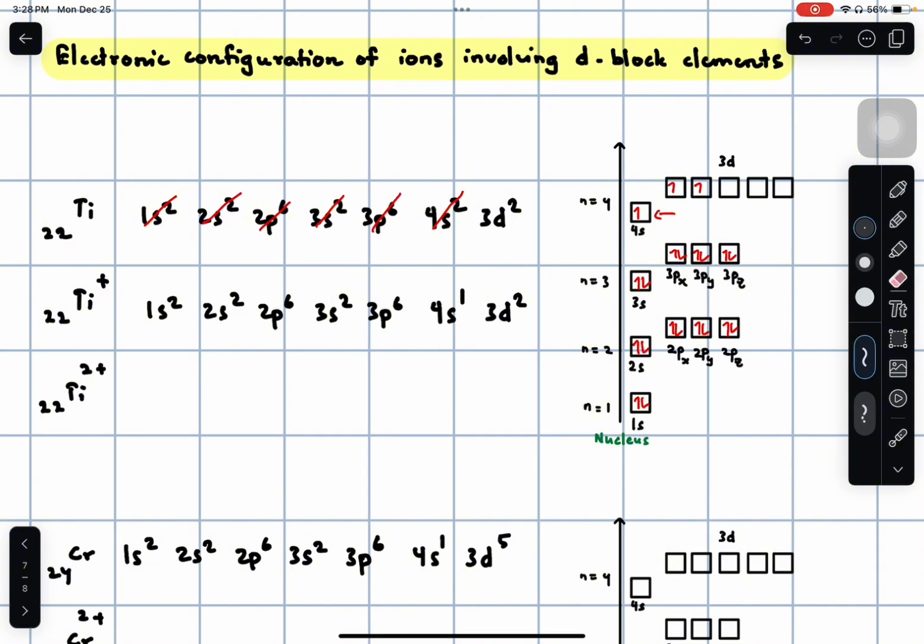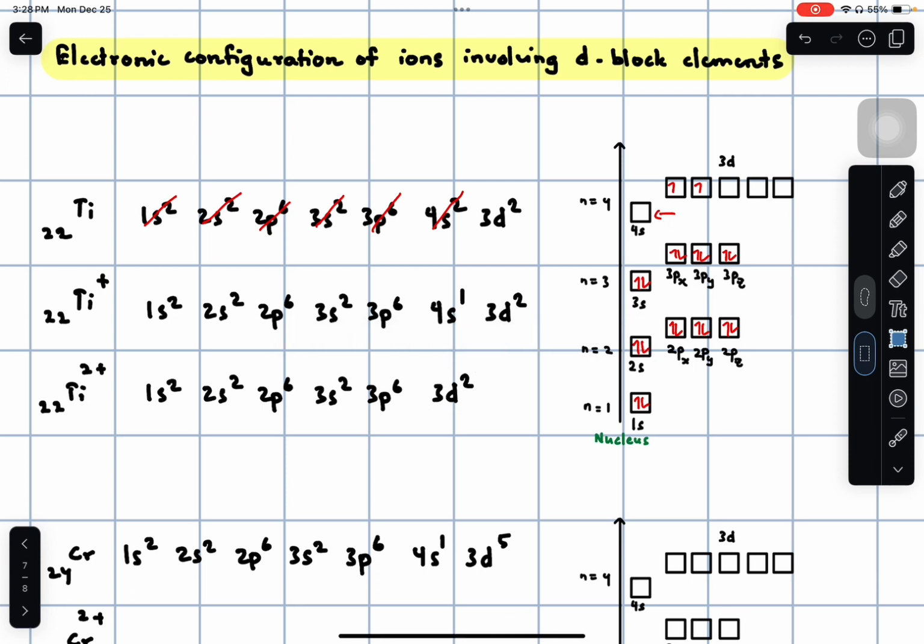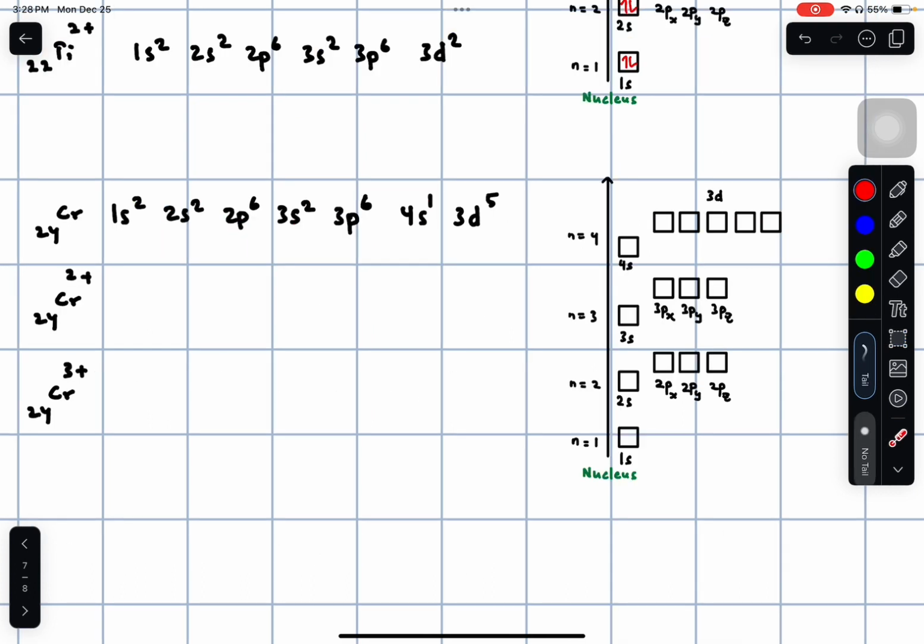Now, if it were to become a 2 plus ion, we're going to have to lose one more electron, and that one more electron is going to come out of 4s as well. But this time, you completely remove the 4s1, and this will be the electronic configuration of titanium 2 plus ion. Let's take a look at chromium atom when it becomes a chromium 2 plus ion and a chromium 3 plus ion. We've learned about this exception a few minutes ago, so let's fill in the electrons in their respective